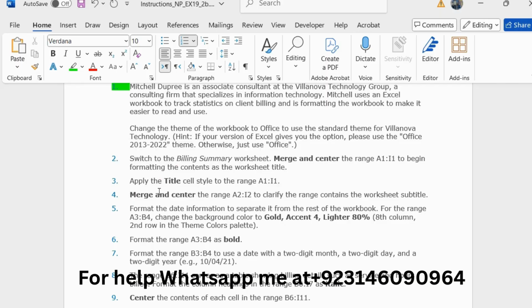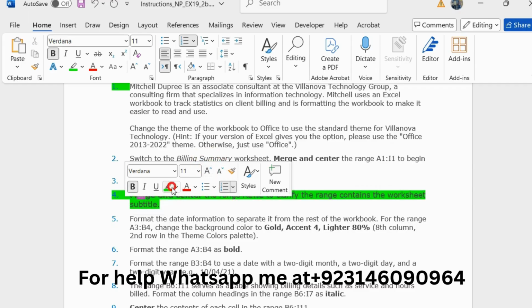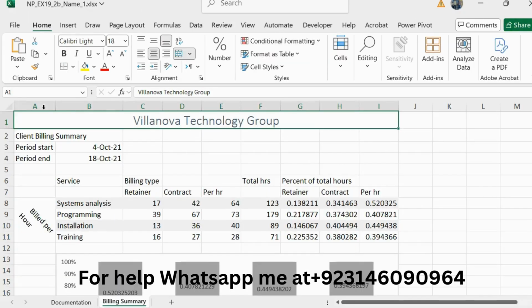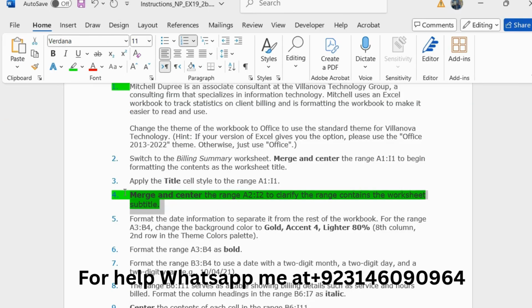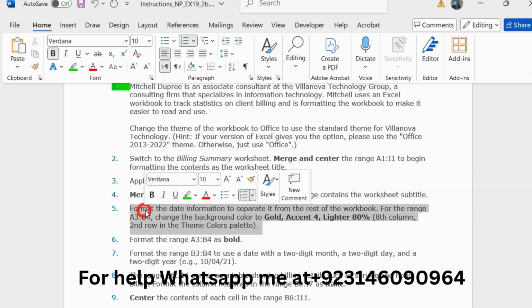And step number 4 is merge and center the range that contains the worksheet subtitle. So A2 to I2. Go to the Excel worksheet and paste the range here, A2 to I2, and click on Merge and Center to merge and center the range. So I have completed 4 steps successfully, and our step number 5 is